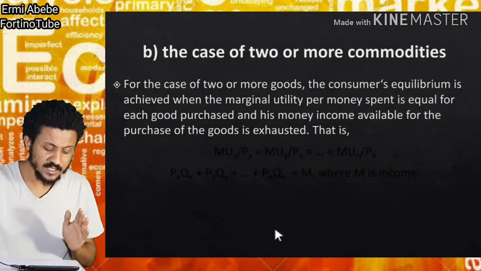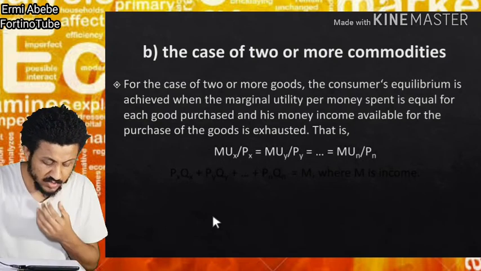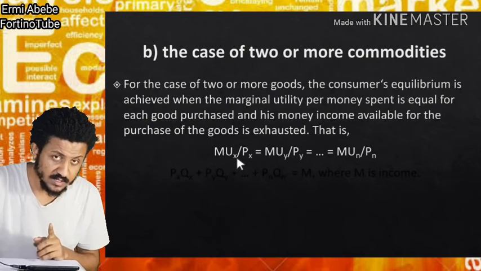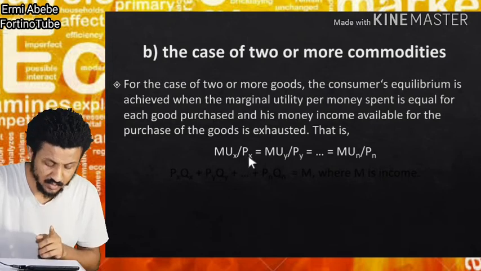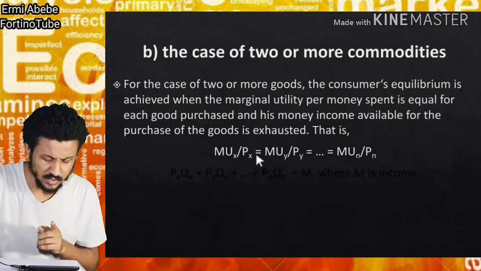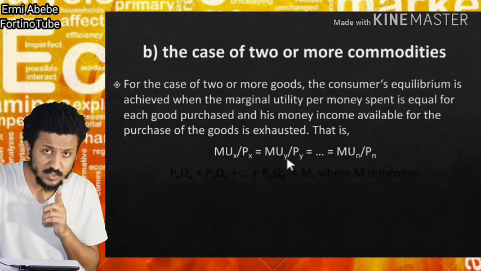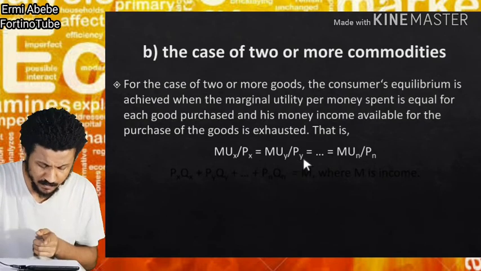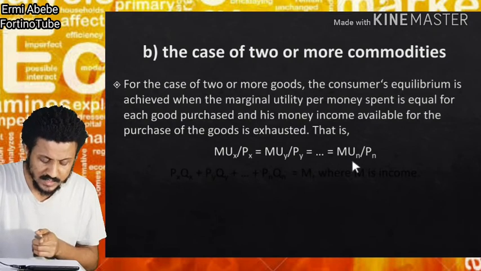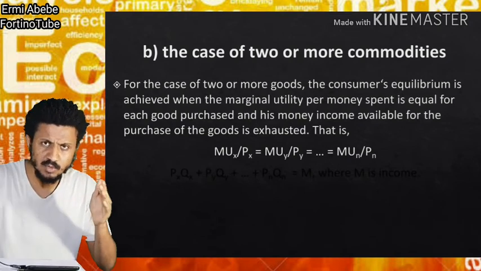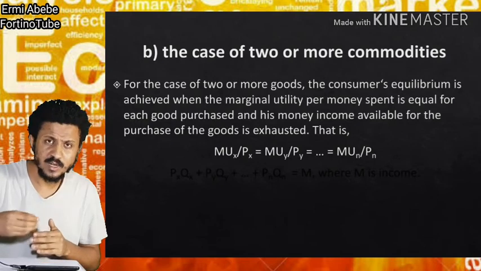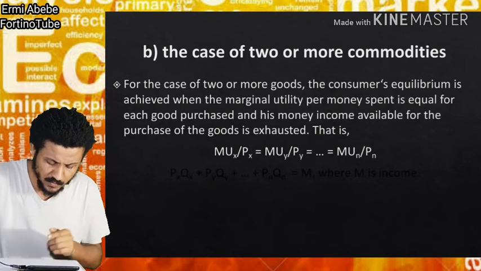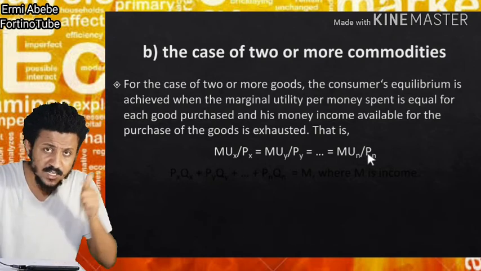In terms of formula, the first criterion is the marginal utility of the first product divided by the price of that product must be equal to the marginal utility of the second product, y, divided by the price of this second product, and so on up to n. All the commodities' marginal utility divided by their price